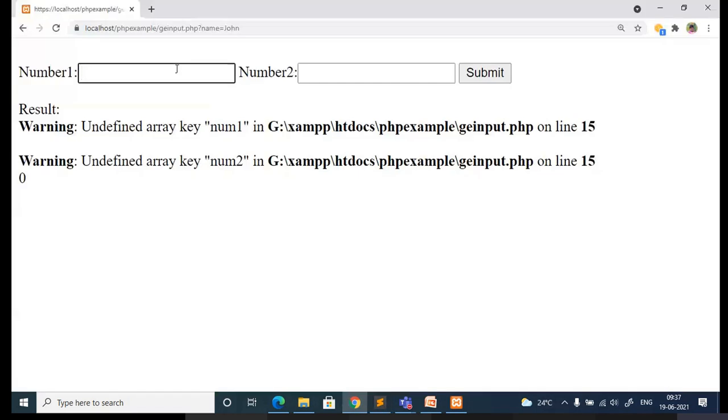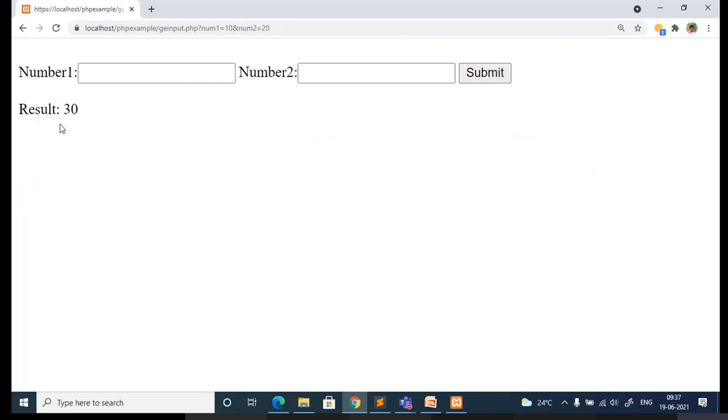Run, give some input here, then okay. So I'm getting the output. Those are just warning messages. Just ignore them. We'll see why I'm getting those warnings later.